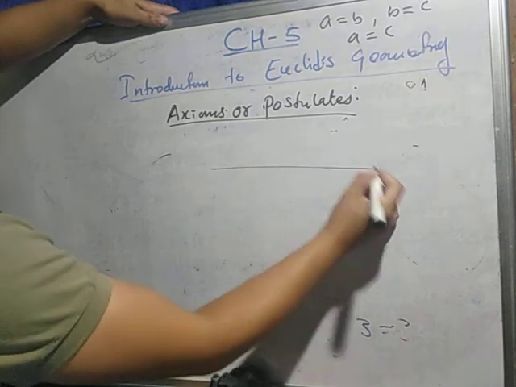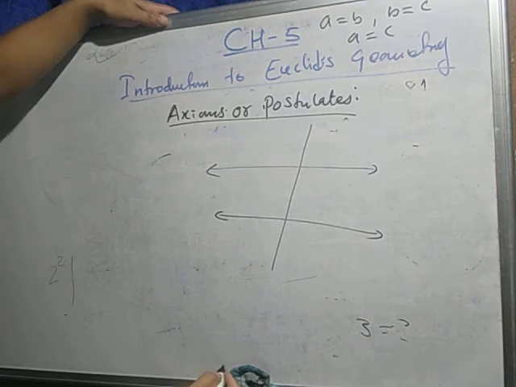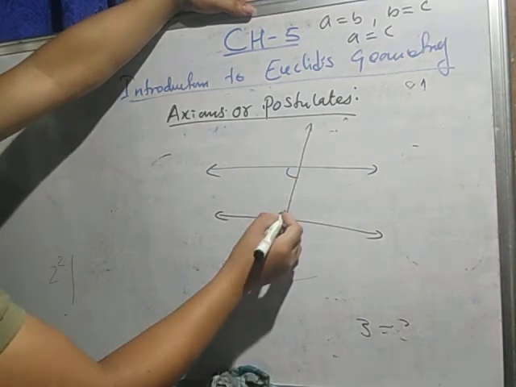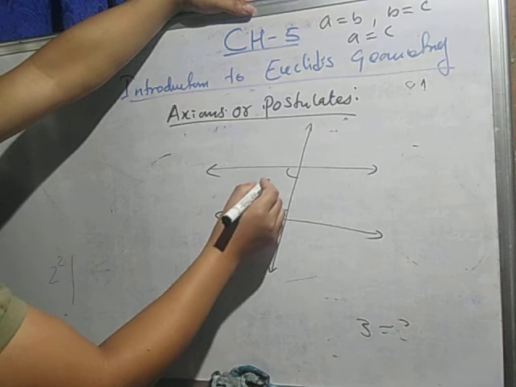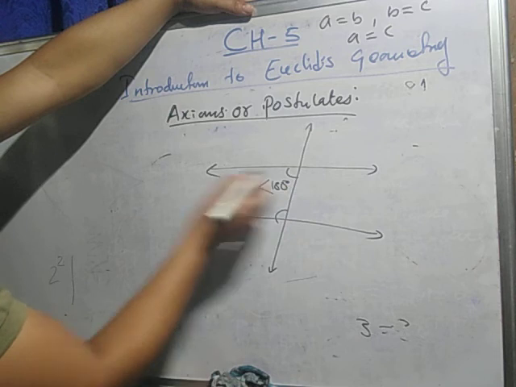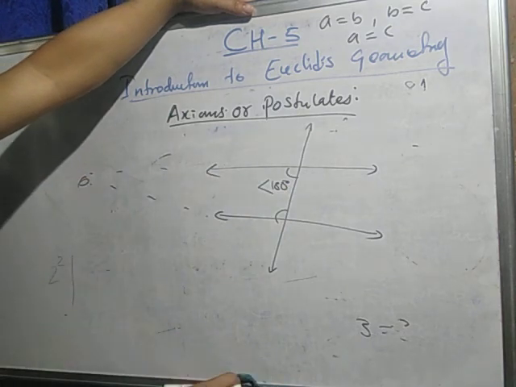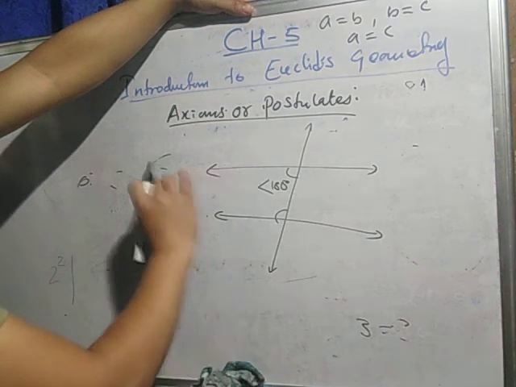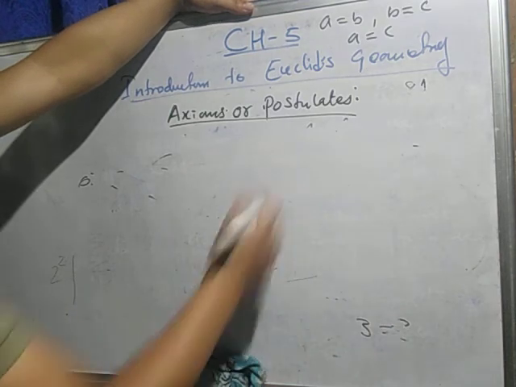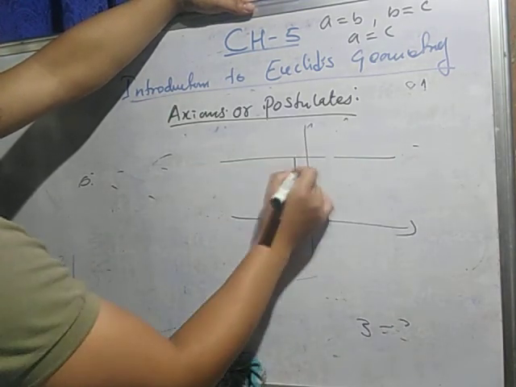two lines are there, isn't it? So these are two lines, and if you draw a line through these two lines, and the sum of these angles is less than 180, then this side will meet somewhere. This is a convergent line, and this is your divergent line. And if there are two right angles,